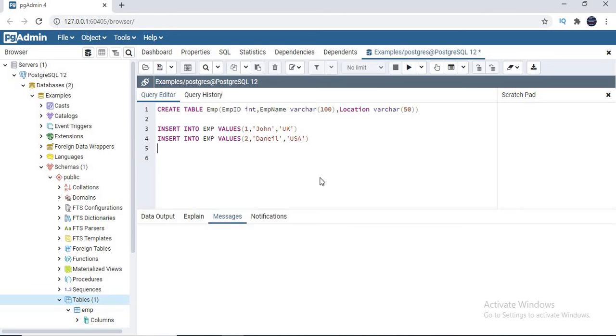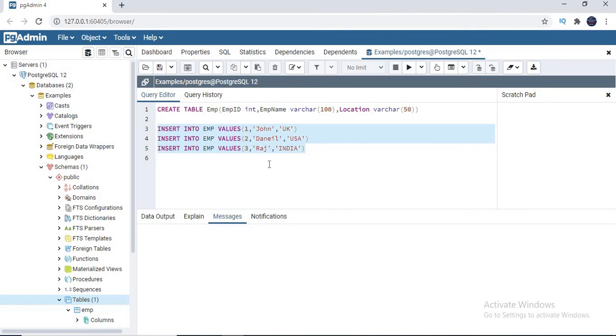Okay, next. Insert into emp values 3, comma Raj, comma India.